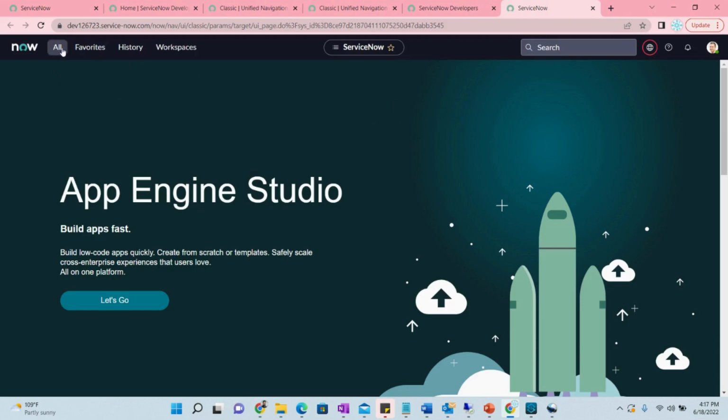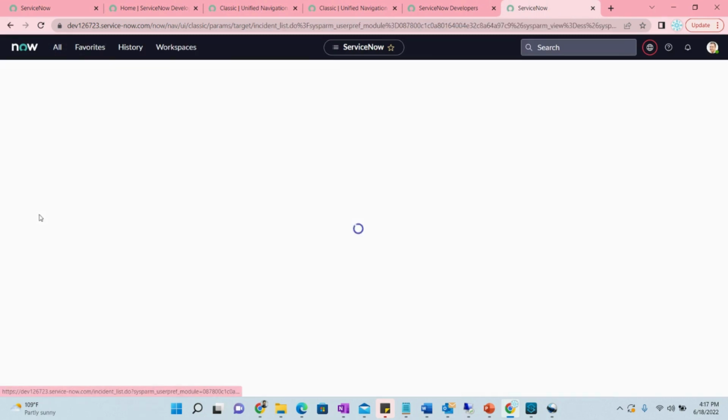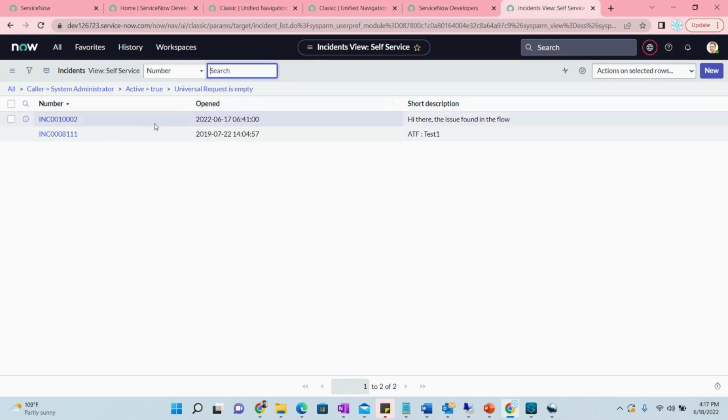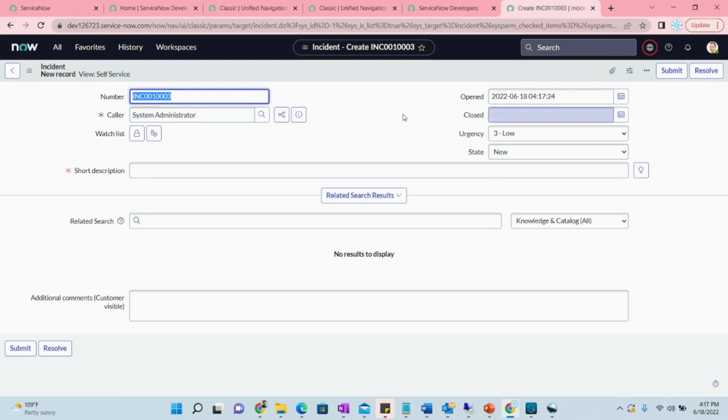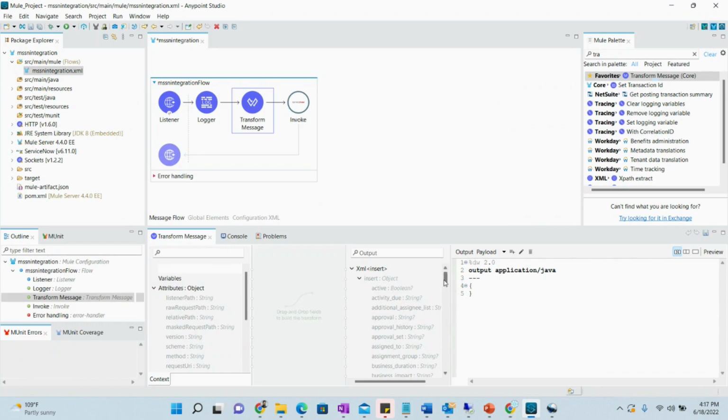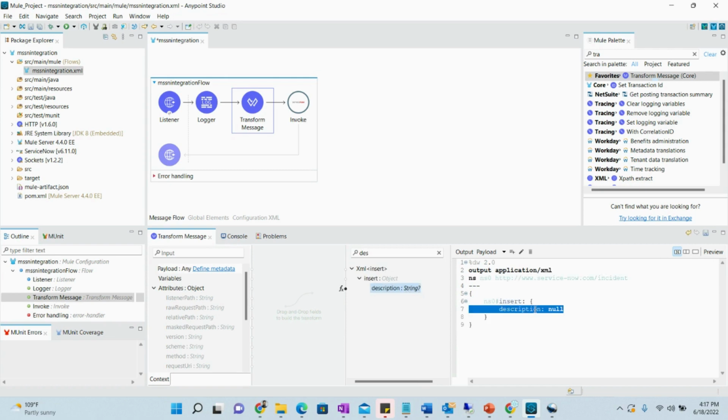and we want to see the incident table, what are the required values that we can add. If we click new, so incident number, opened, urgency, short description, everything. So let me add a few fields over there. So let's find, there should be description. Right. So if I say description,